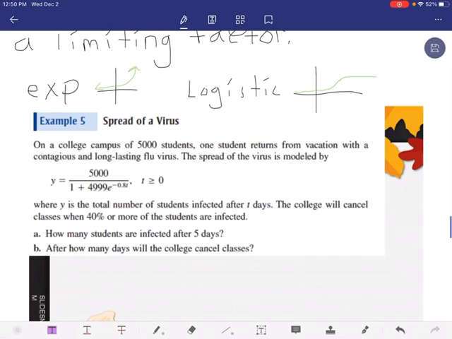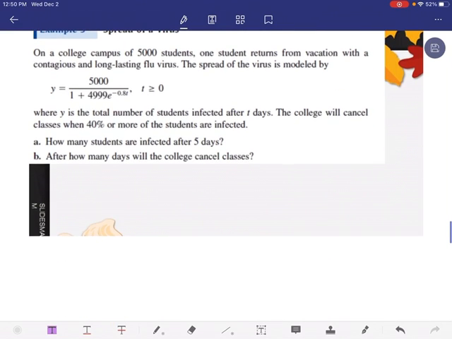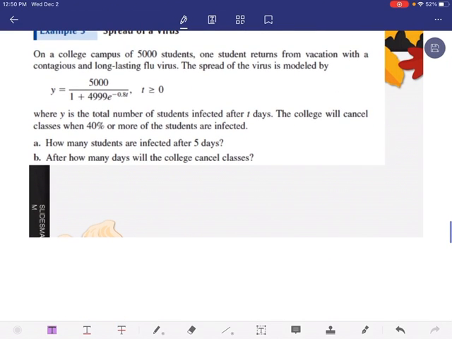So in this case, we're talking about the spread of the flu. So it says on a college campus of 5,000 students, one student returns from a vacation with a contagious, long-lasting flu virus. The spread of the virus is modeled by y equals 5,000 divided by 1 plus 4,999 e to the negative 0.8 t, where t has to be positive, where y is the number of students infected after t days. The college will cancel classes when 40% or more of the students are infected. So part A